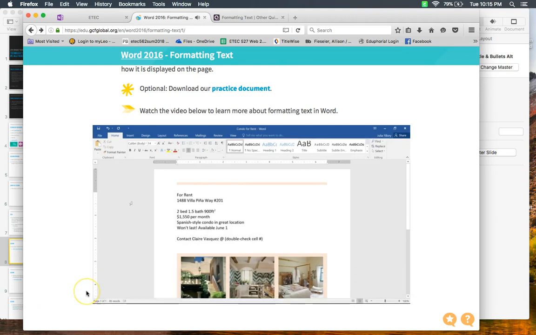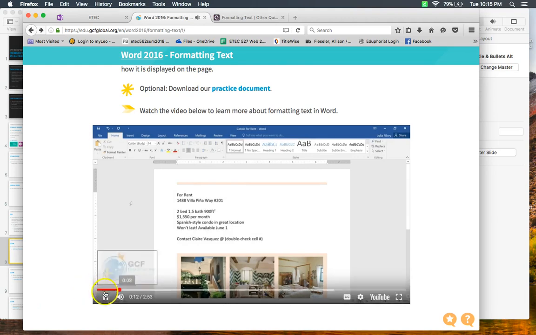In Microsoft Word, the look and feel of your document has a lot to do with the formatting choices you make. If we added some formatting to this flyer, for example,